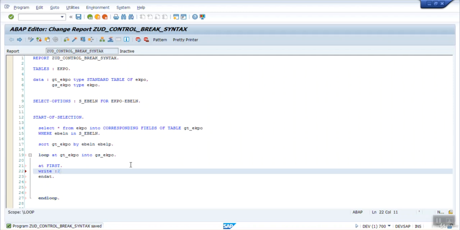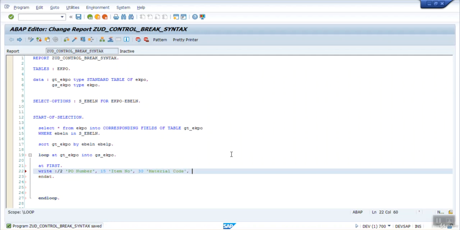First is, let's say, the PO number. Second, at line number 15, I want to type, let's say, item number, and then at 30 I want to type material code,